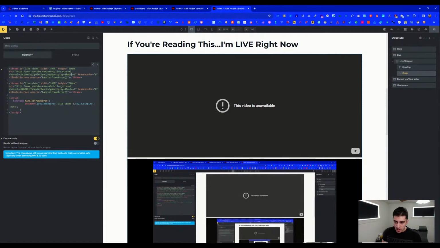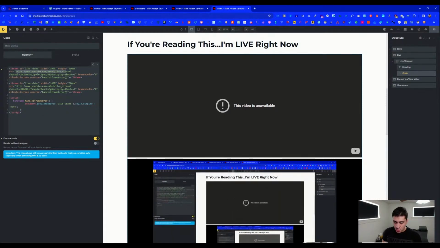All right, so if we look into this code over here, the top one you can see is the embed link. If you go to any YouTube video and click embed, you're going to get youtube.com/embed, then something else, like a random string. Long story short, if you want to try to do this ahead of me actually making a video on it, you have to go